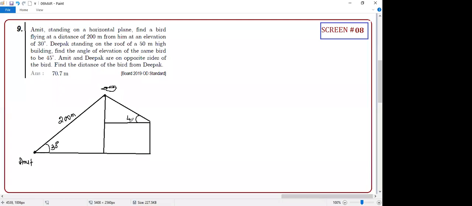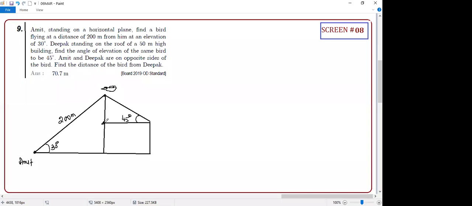You may have a question, sir, Amit is at a little height, why is his angle of elevation 45 degrees? This guy's elevation is supposed to be more. Can you tell me, this angle is not just determined by the height, but also the distance? This guy may be very close to the bird. That is why the angle of elevation is more, even though the height is less. Are you clear? Yes, sir. Guys, think of it as science, everything is science.